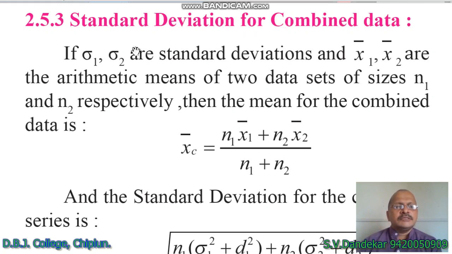The next article is standard deviation for combined data. If sigma 1 and sigma 2 are standard deviations and x1 bar and x2 bar are the arithmetic means of the two data sets of sizes n1 and n2 respectively, then the mean for combined data is xc bar. C stands for combined. xc bar is equal to n1 x1 bar plus n2 x2 bar divided by n1 plus n2,